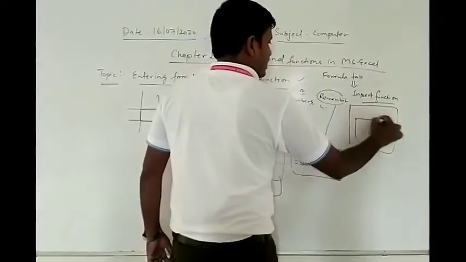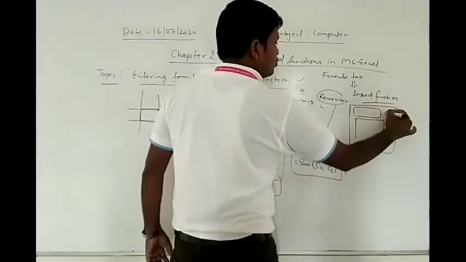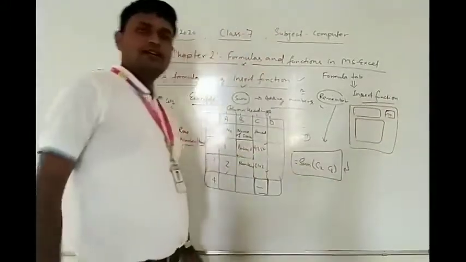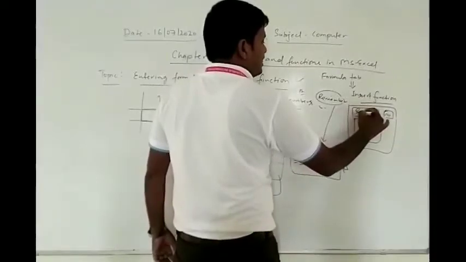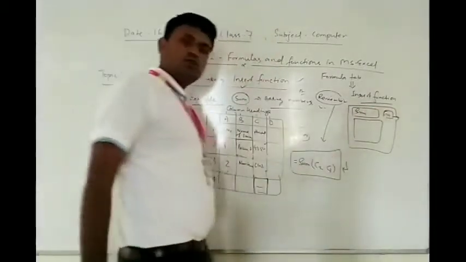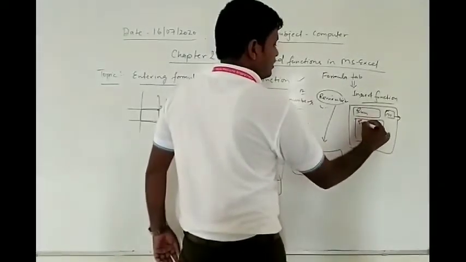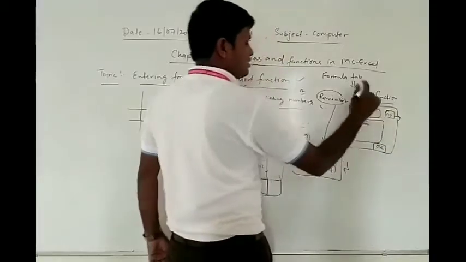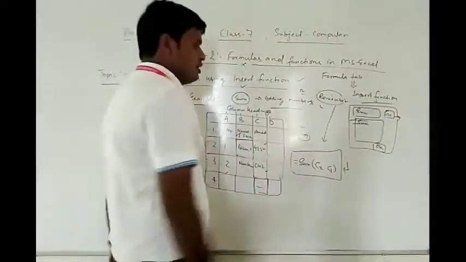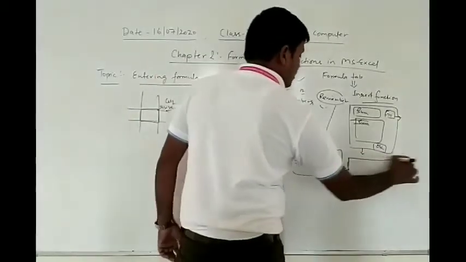okay, so here is the commands list, and here is the search criteria, and here is the Go option. You just type SUM and after that click on the Go option. Automatically SUM is selected here, and after that click on OK. When SUM is selected, then click on OK. Automatically a new dialog box appears on your computer screen.